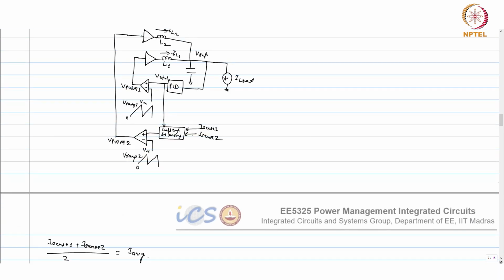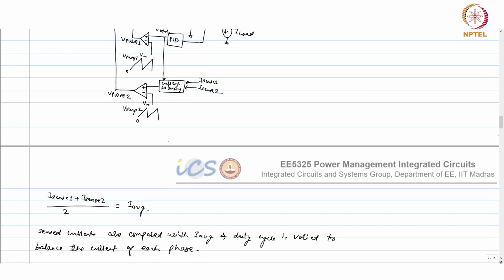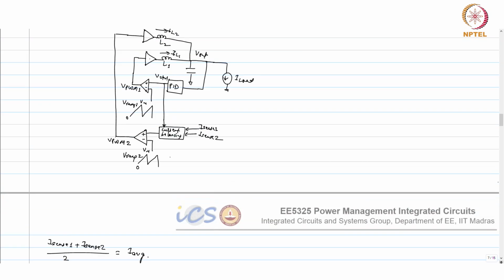So you can subtract or add depending upon how much is required, or it may have its own integrator also, because you are comparing something, it will generate an error. That error can be accumulated and digitally you can correct the duty cycle, or you can implement it in an analog way and add or subtract the voltage from V control, which is going to the comparator. So now this will be VCTRL dash, I will call it. It's a new control.